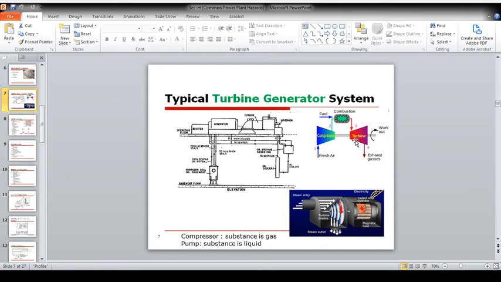It is showing all these. You have all these things that we'll be discussing. You have the generator, and then you have the exciter, and then this is the floor. Underneath the floor you have the hydrogen seal oil equipment, and then you have the turbine. You have all kinds of things needed to produce electricity.